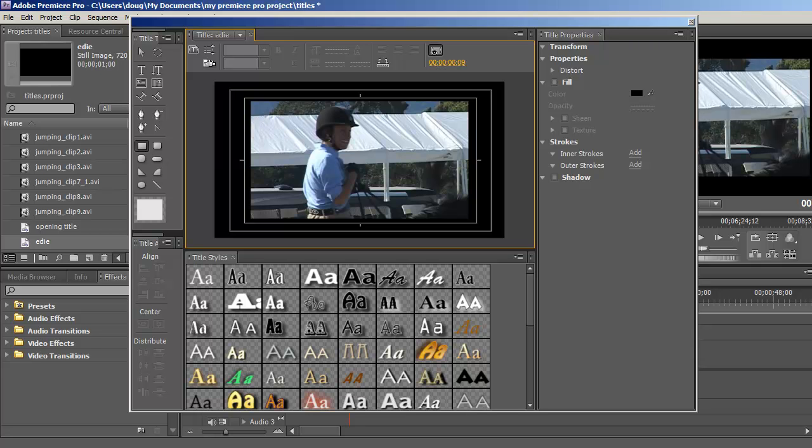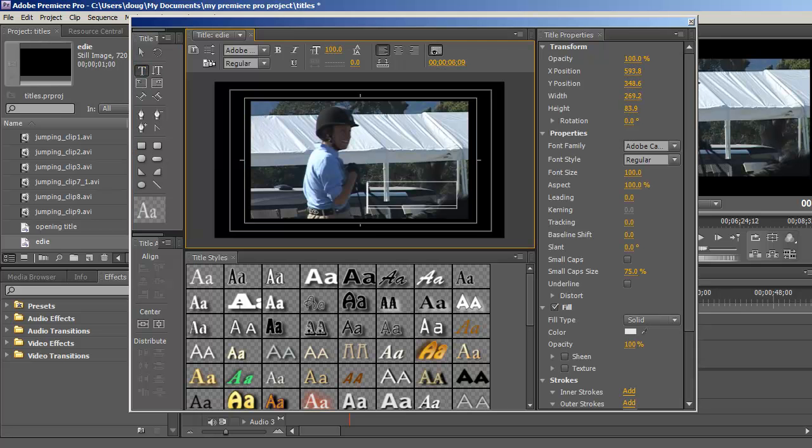The typical title is called a lower third, and so you're going to put a title for the name of a person in the lower third of the screen. You don't really want to put a title with her back next to her back. You would probably want to put it in this area. So the problem with that is that no matter where I put it, I'm going to have some light and some dark areas. So if I just click in here and I type something in,